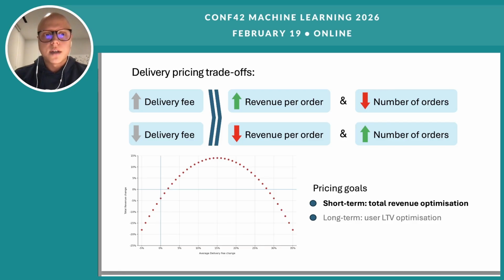And what are the goals that are usually aimed at by different pricing methodologies, by different optimization algorithms? There are two types of goals. They can be broadly split into two different groups, like short-term and long-term. And short-term goals usually involve total revenue optimization, which is more or less a local problem to solve, while long-term goals